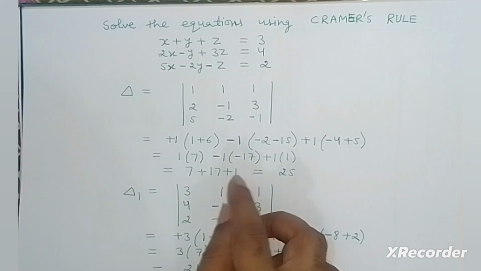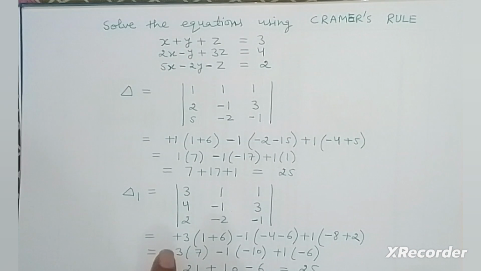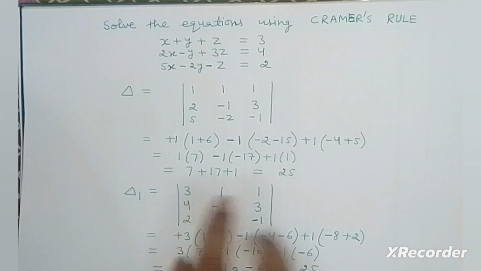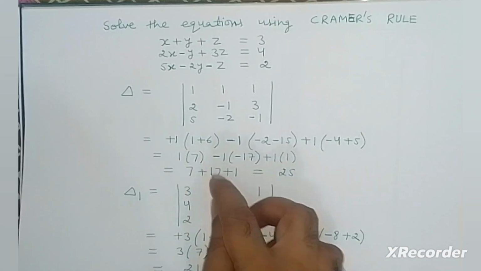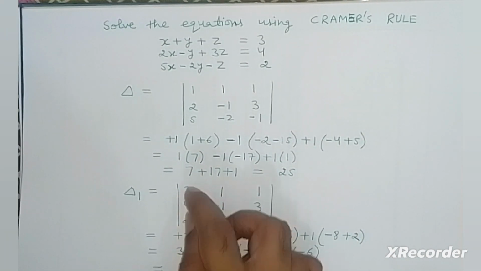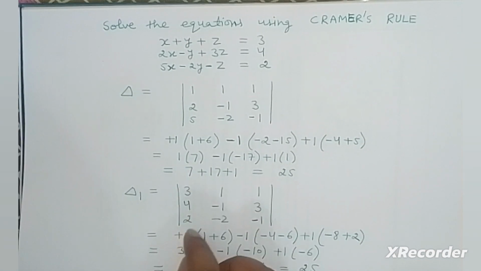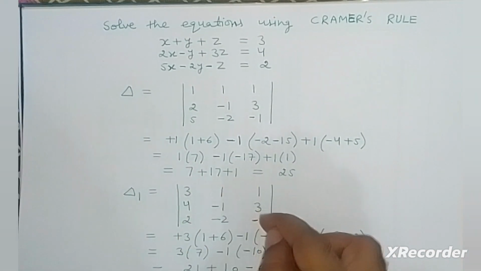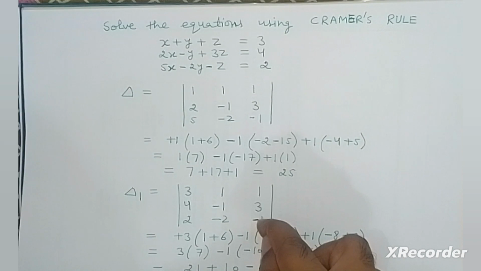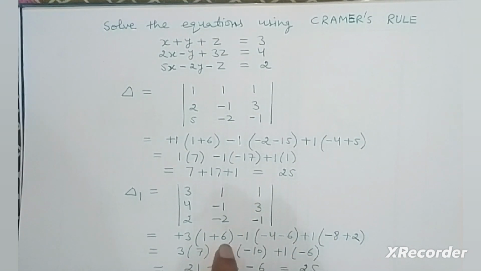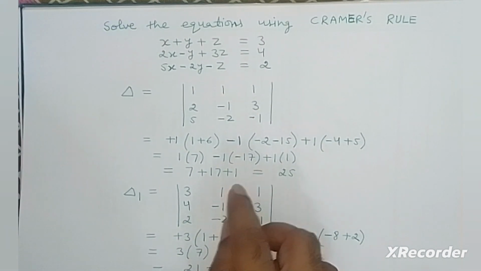So plus minus plus, we are expanding in first row. We can expand any row, but we are here expanding from first row. So expanding from first row we get first of all plus 3, then eliminate this column and this row, multiply minus 1 to minus 1, that comes to be 1, and subtracting minus 2 into 3, that is minus 6. After subtraction we change the sign, it comes to be plus 6. Then take the second value.